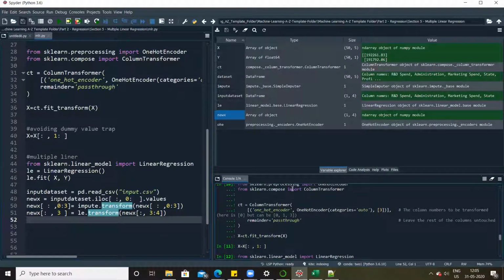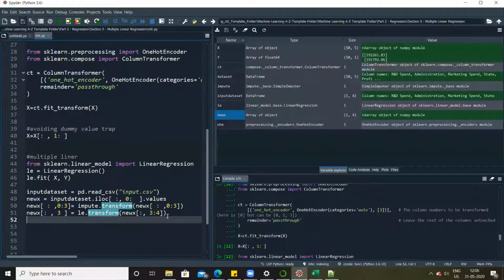Is this clear? Is step number 51 clear, everyone? Like why we are applying directly le.transform and not fit and then transform? Can you please confirm it on the chat window? Am I audible? Yeah, thanks Maitri for confirming it. Thanks Ashu for confirming. Yeah, thanks Amit for confirming this.